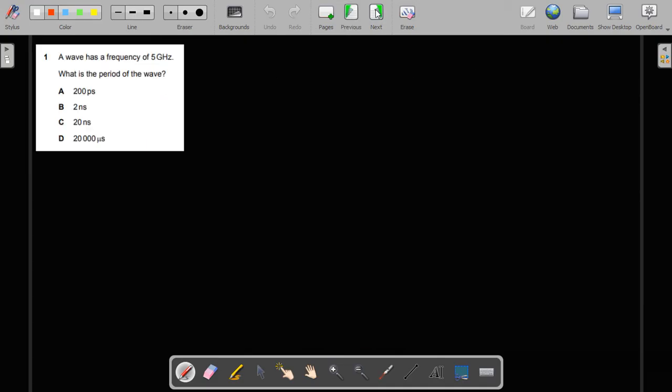Question number 1. A wave has a frequency of 5 gigahertz. What is the period of the wave? Okay, frequency is given, so frequency is 5 gigahertz. Giga means 10 to power 9. So if you convert giga, it is 10 to power 9. So you know that time period is 1 over frequency. So 1 over 5